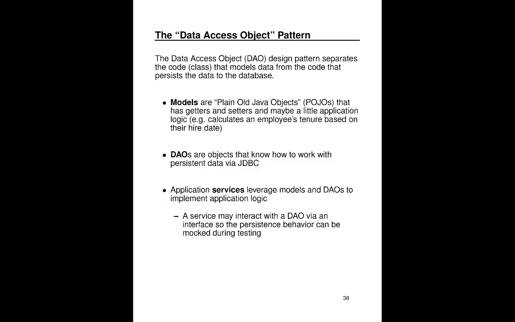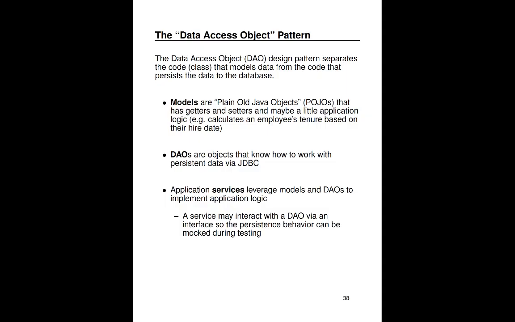So this is a plain old Java object, a POJO. It has getters and setters and maybe a little bit of application logic, but not a lot. It basically represents a row in the database. You can think of it that way. And so this is like your course class, right? There's a course instance that has a lot of the same information in the database. It has the name of the course and the number of credits, and it's modeled there in a plain old